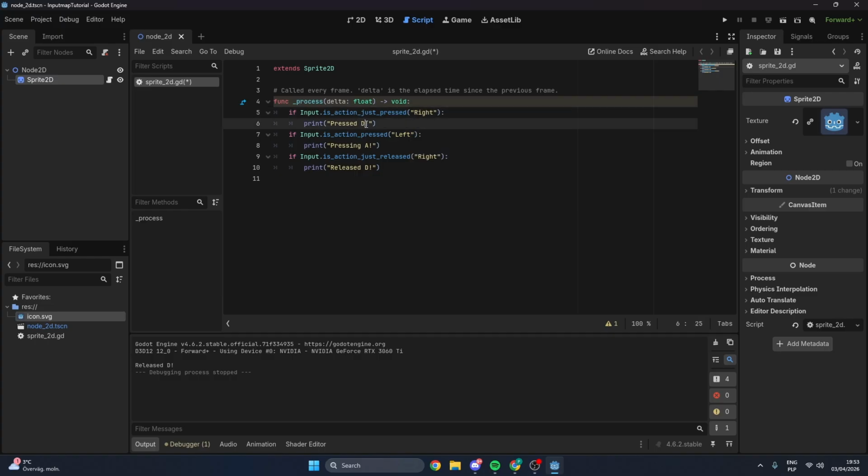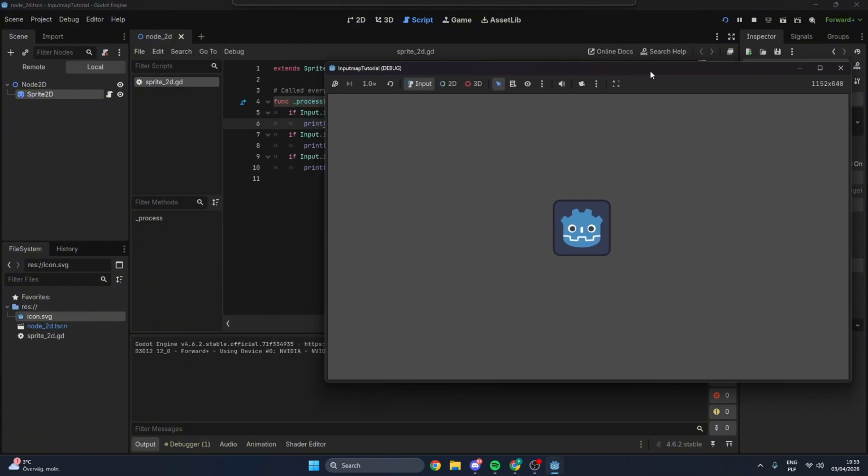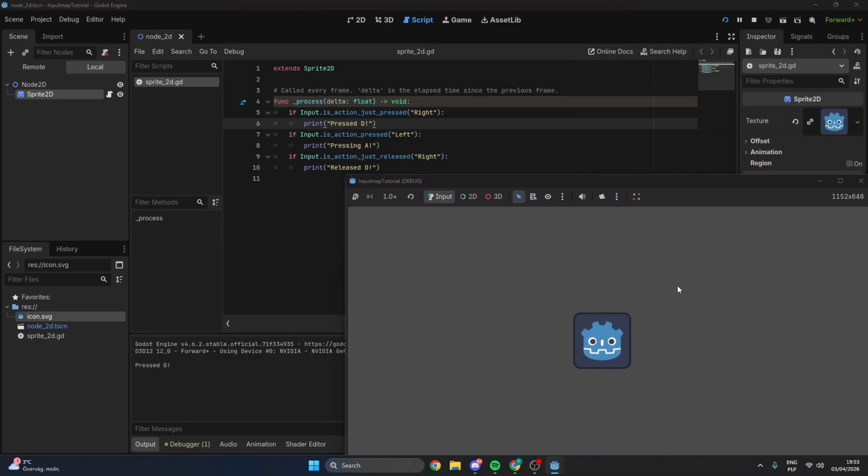And then press and release, and then you can see exactly that when I press it, we have press, and then I release. Press, release, press, release. So this might be helpful for any other situation, like maybe you want your player to